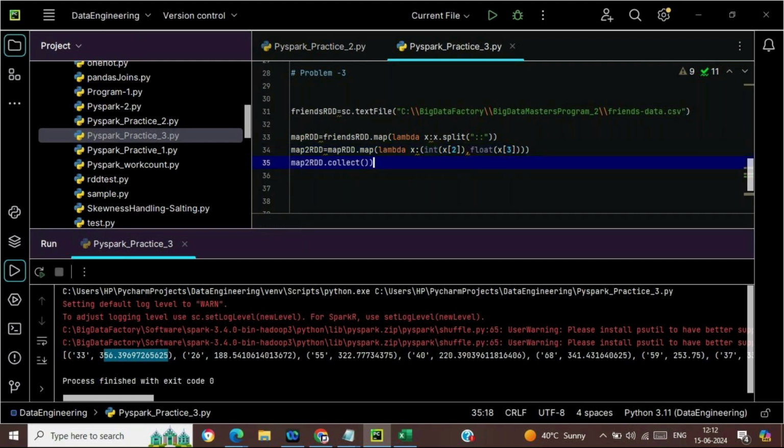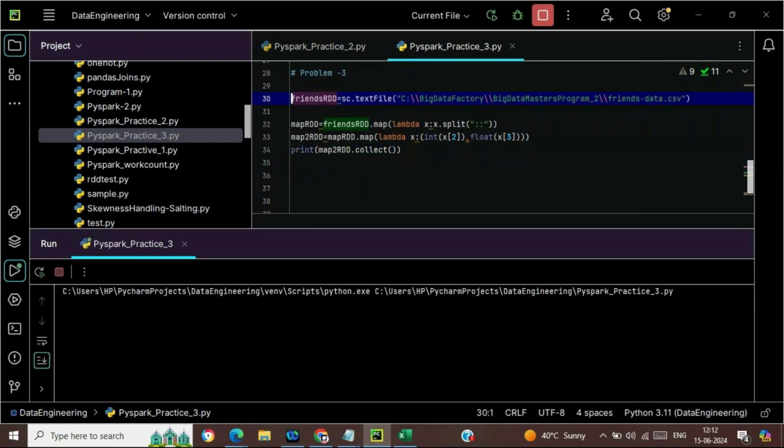Based upon our requirement, we just want to have the data in integer and float format. So just have a look at the outcome from this particular transformation.